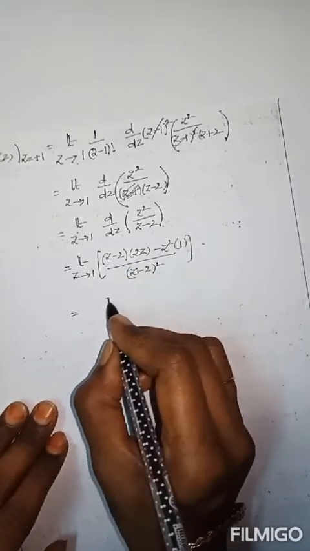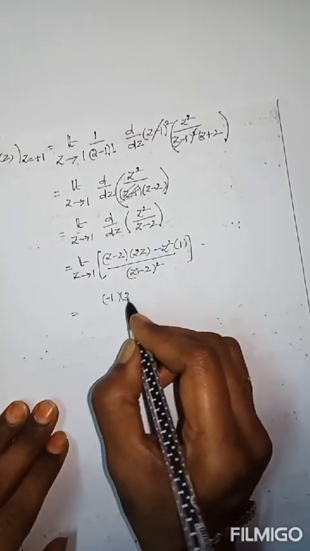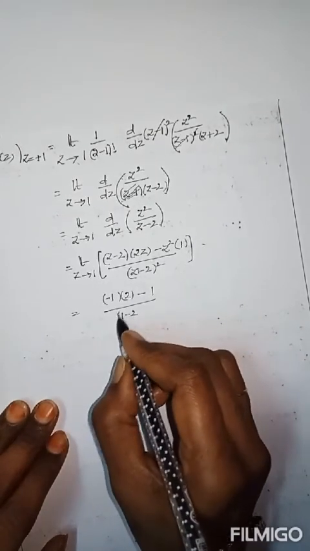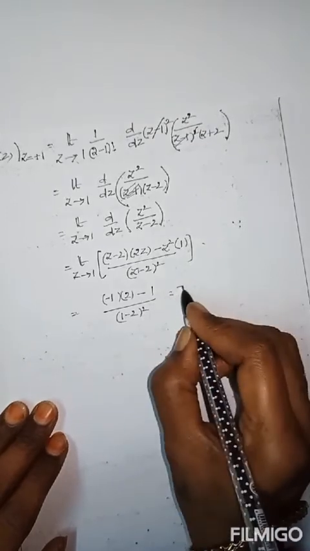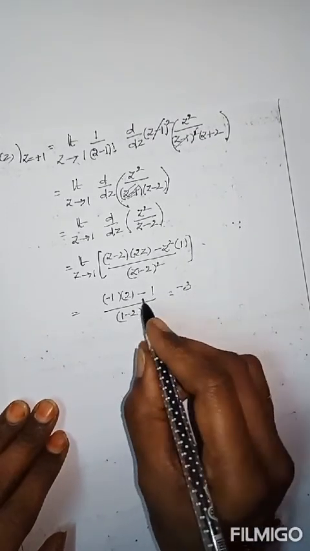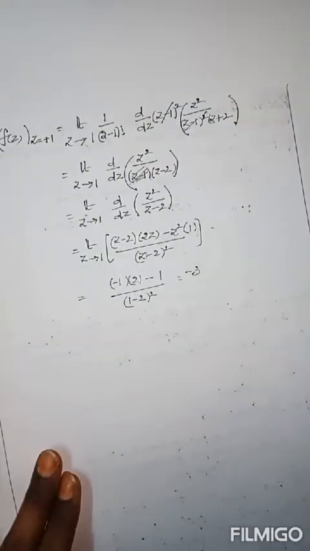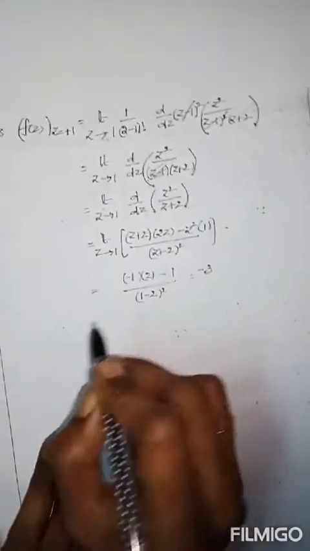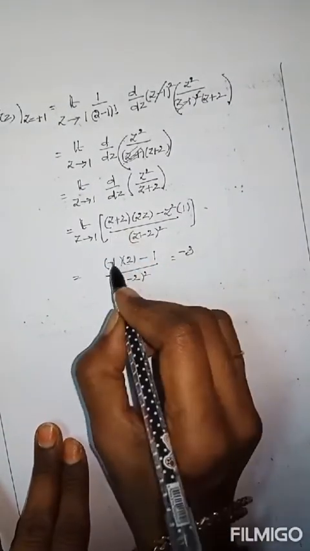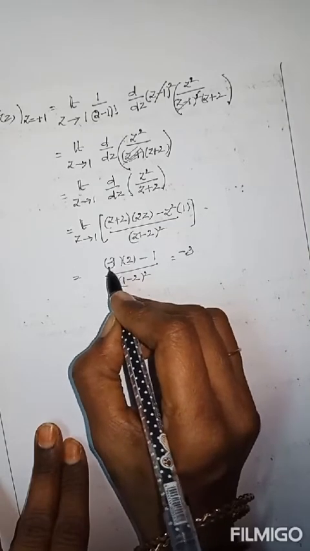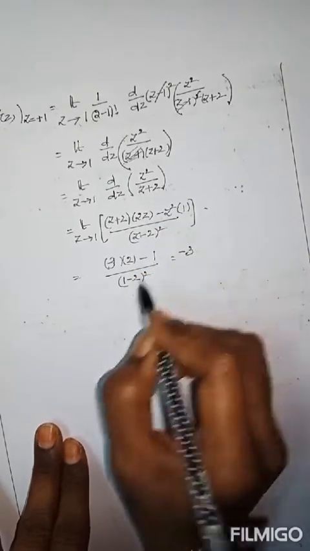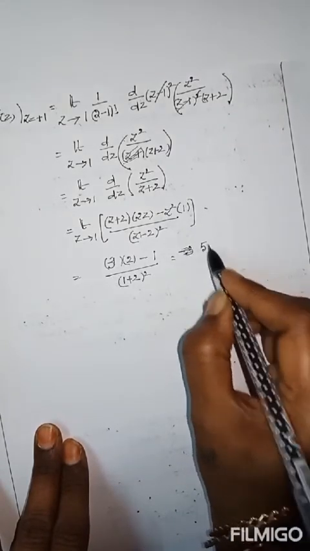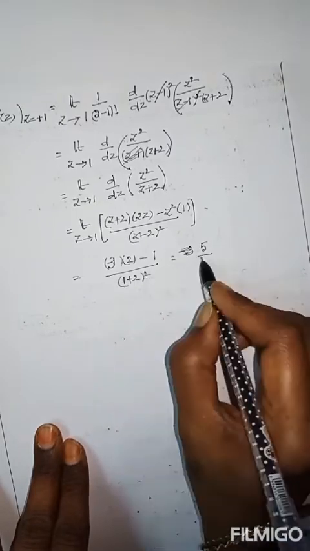Now you can write 1 in place of z. Now 1 minus 2 is minus 1. This is 2. This is 1 by (1 minus 2) whole square. Totally minus 3. This is the value of, here the factor is z plus 2. Now z equal to 1, then the number is 3. This is 2 into 3 minus 1. Here 1 plus 2. Here the numerator is 5, by (1 plus 2) whole square, which is 9.